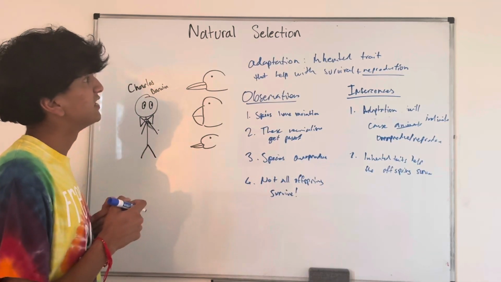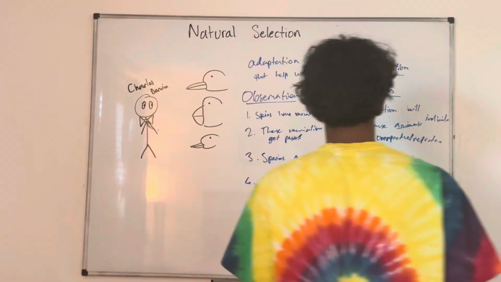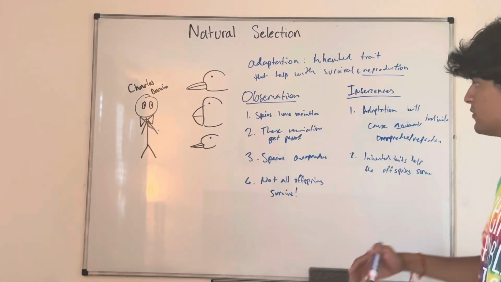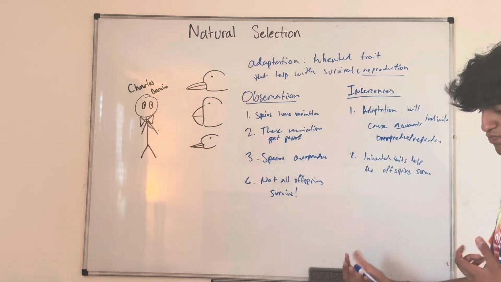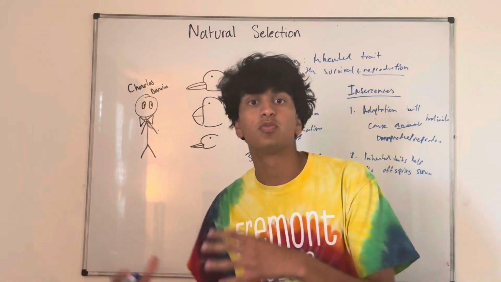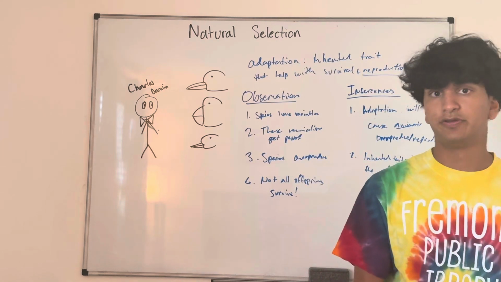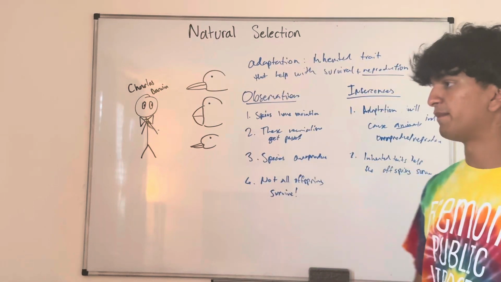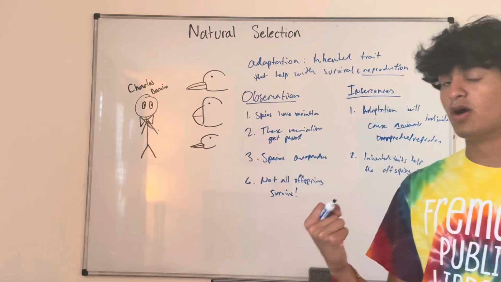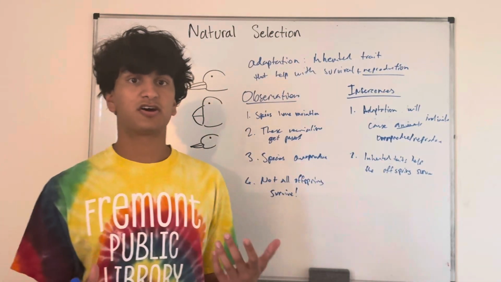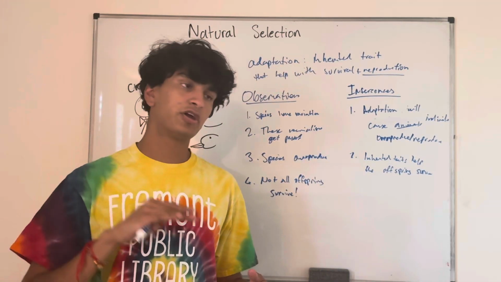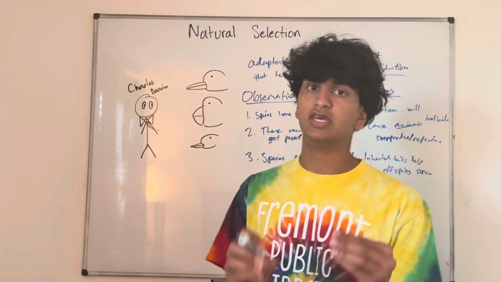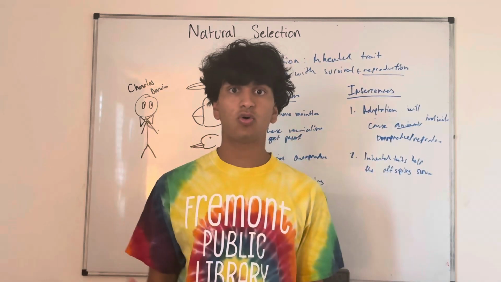So this is the idea of natural selection. It's this process where adaptations, or mutations, occur, and individuals with a mutation better suited for their environment will be better able to survive and reproduce, and then those adaptations will get passed down, right? The variations get passed down. The variations that help the most with survival and reproduction will just keep continuing to get passed down. Individuals never evolve. It's just the population. The population as a whole, right?